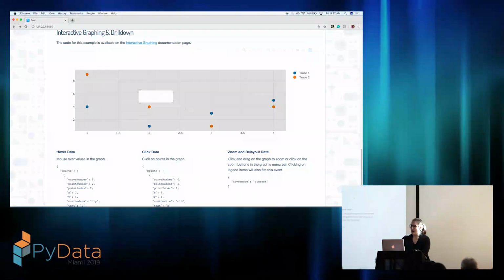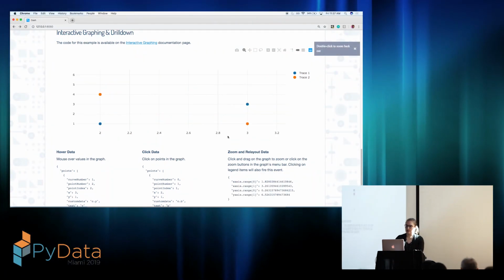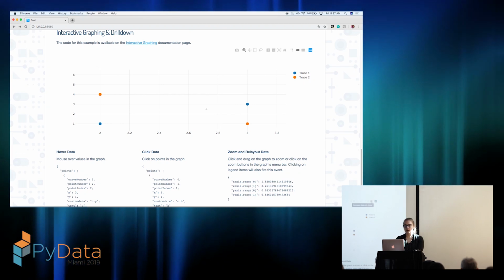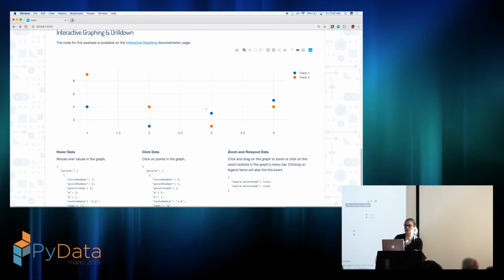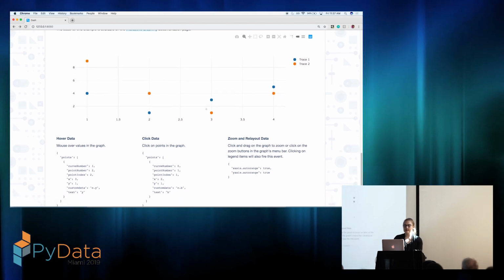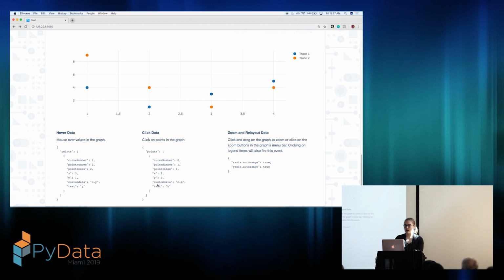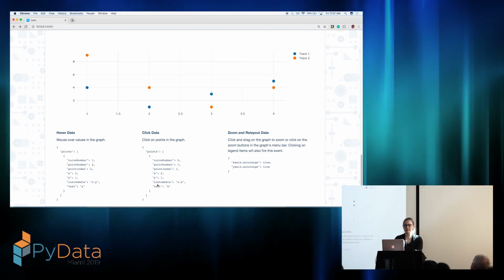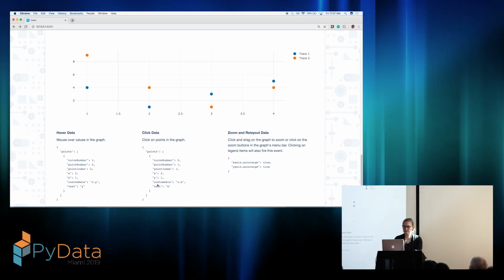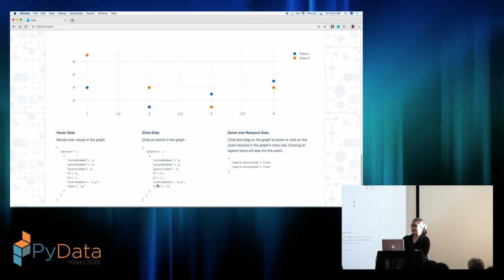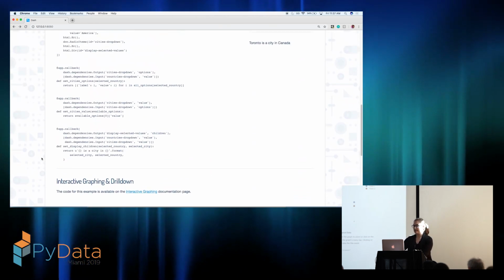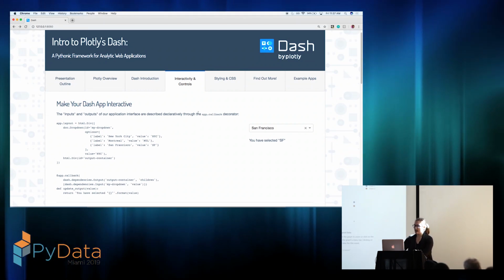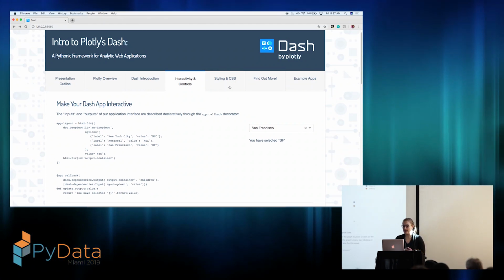So when I click, I get the points returned below. Right now I have compare hover selected, but if I go to just show closest, instead of returning the array of both traces, it's going to return just the single point there. Same with hovering. So if we take a look down here, we get to see the curve or trace number that's been selected, as well as the point number, point index,